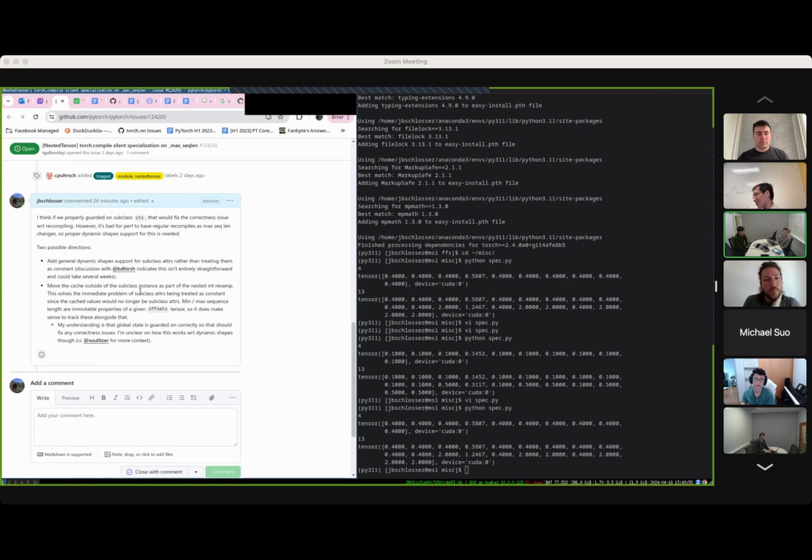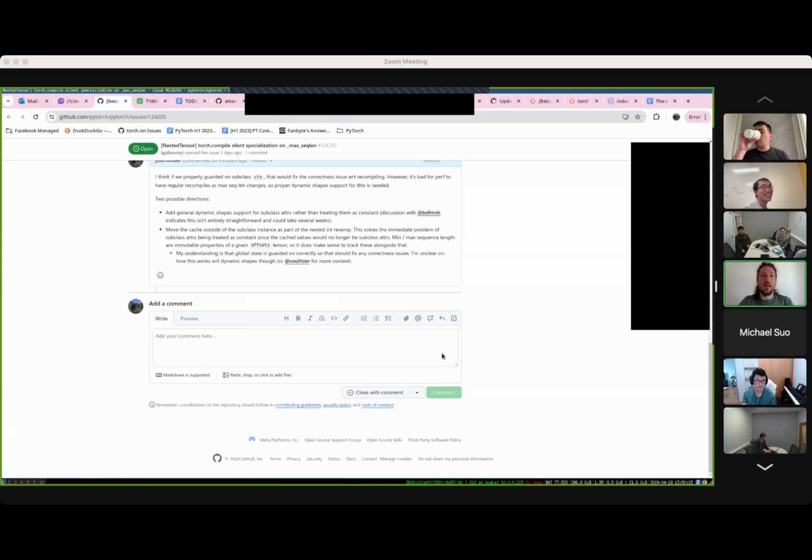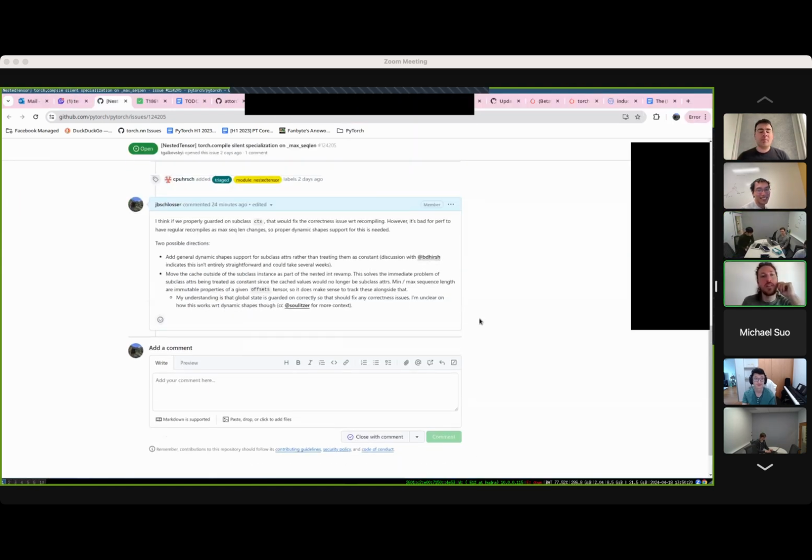Yeah, can I propose a very horrible workaround? Instead of max seq length being an attribute, which is static under the current subclass design, why don't you just have a 0-element tensor that has max seq length as its size? Does this solve your problem? Does this solve our problem? If that, so you're saying store as a subclass attribute, a 0 or